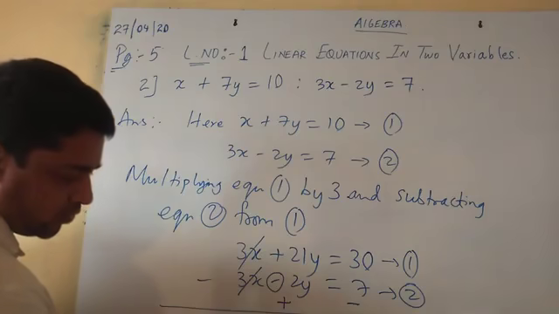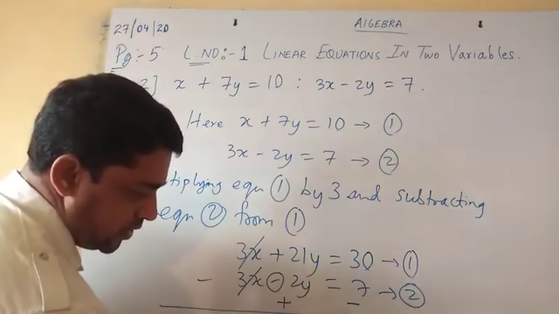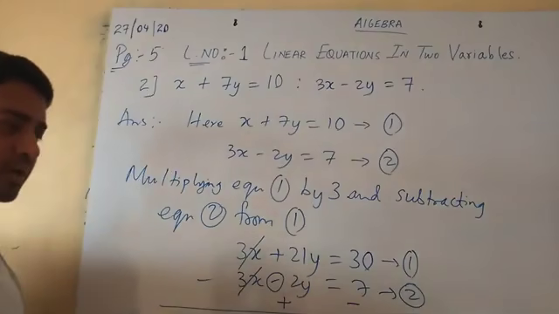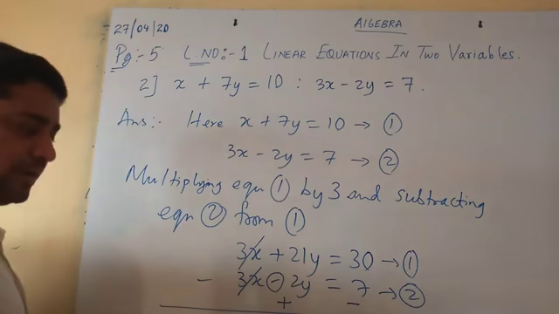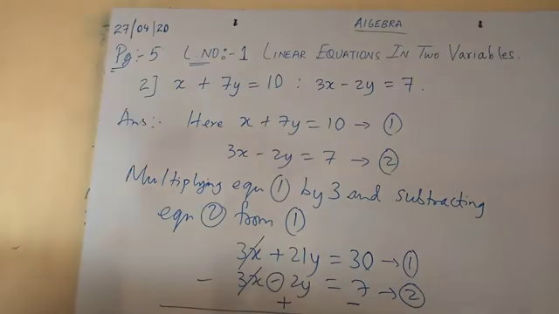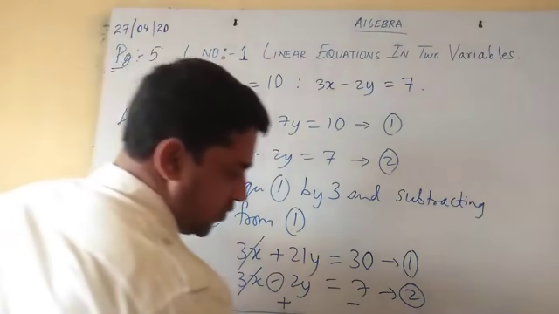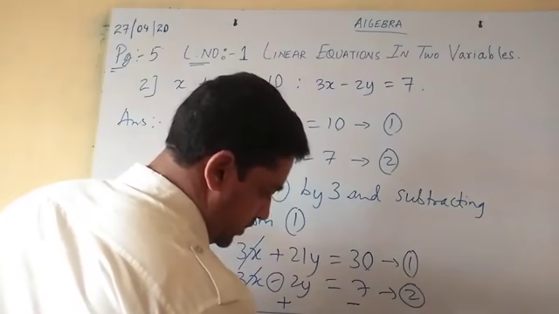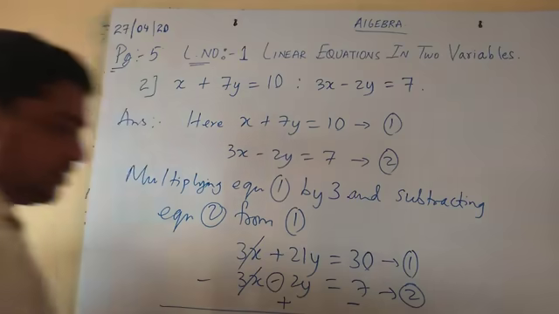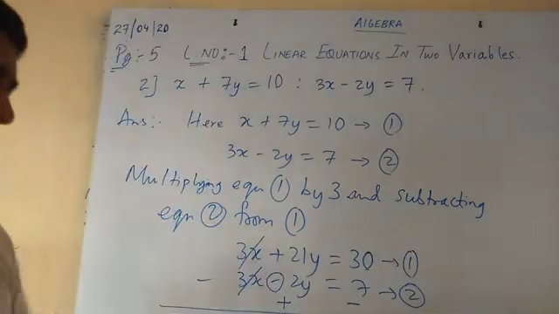Therefore, to find the value of y, I'll have to divide 23 by 23. The 23 will go down, correct? Denominator multiplies that, so it will divide. So 23 ones are 23, 23 ones are 23. Both are divided by 23. So we have got your answer. Y is equal to 23. Sorry, y is equal to 1. Not 23, 1. Is it clear? Yes. So I got the value of one variable, that is 1.